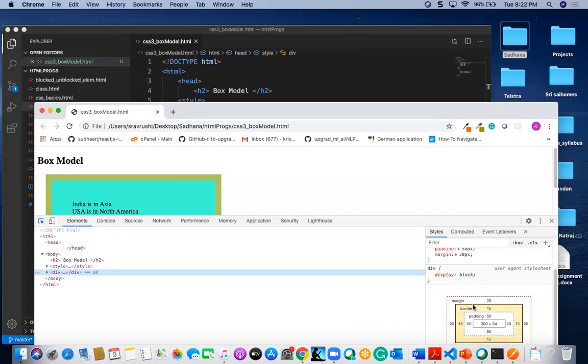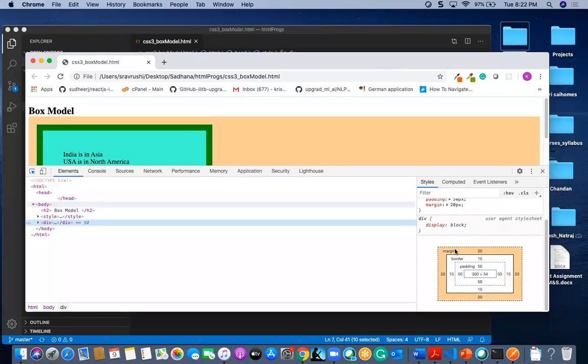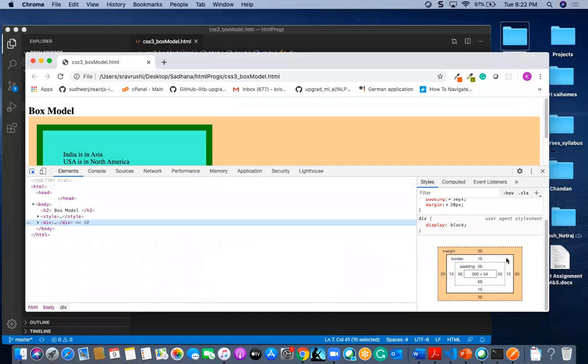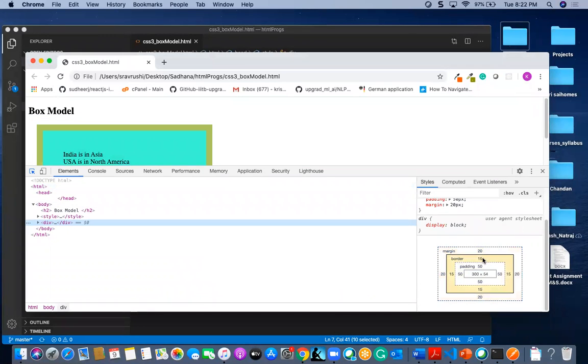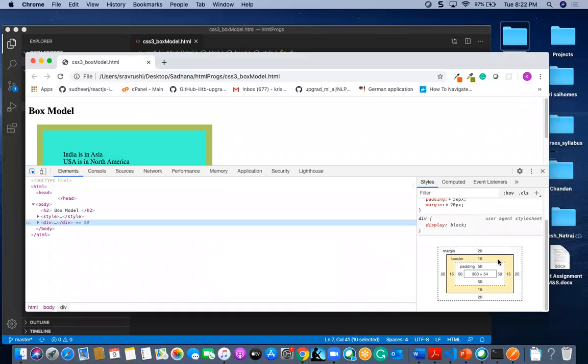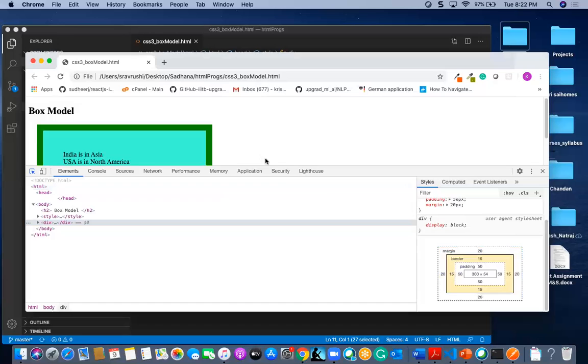See here, I am going to find the box model. Here, if you see, my margin is 20 pixel, and border is 15 pixel, and padding is 50 pixel.